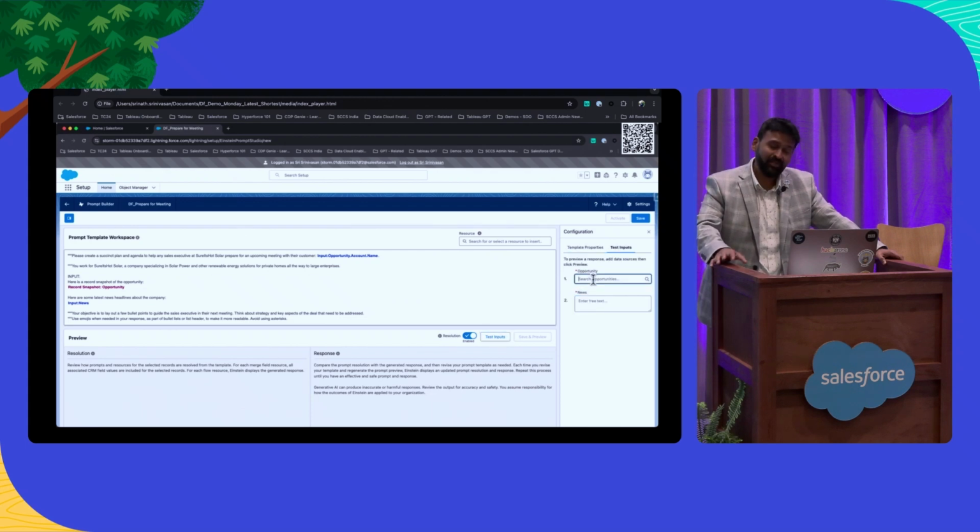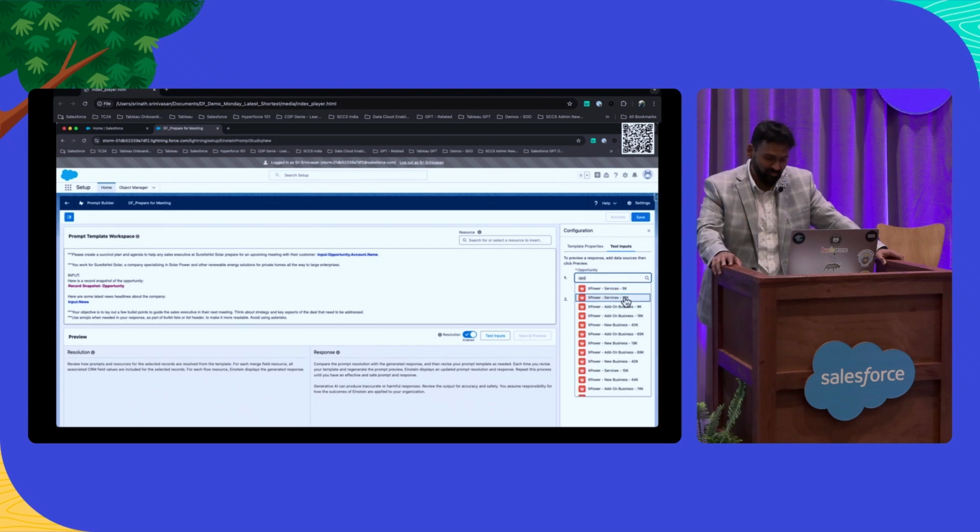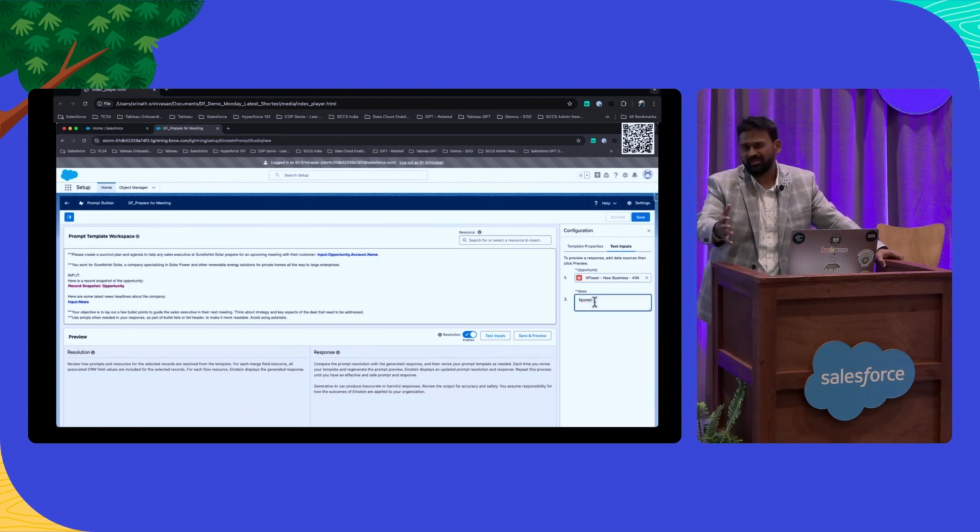So as part of testing, we're going to choose an opportunity. Since this is just testing, I'm going to choose one of the active opportunities. And in the news field, since it's a placeholder, I'm not actually connecting it to the flow that's going to go out to the internet. So I'm actually going to give some static news. To make it interesting, I've said this account just got $1 million funding. Let's see how our system takes that into account when creating a meeting plan. So once we have all this information in, we can go ahead and save this prompt.